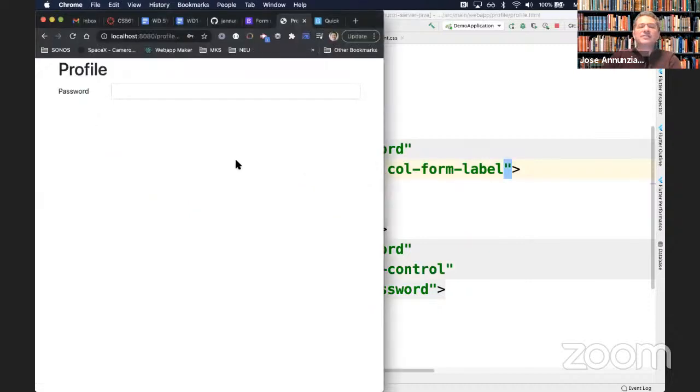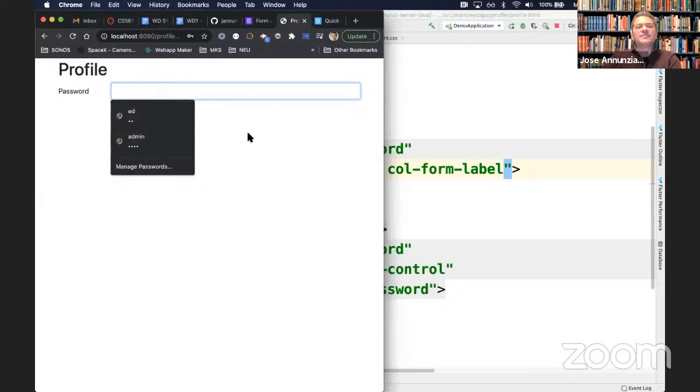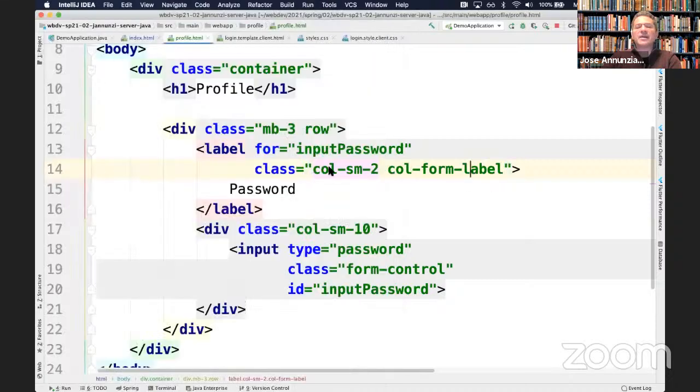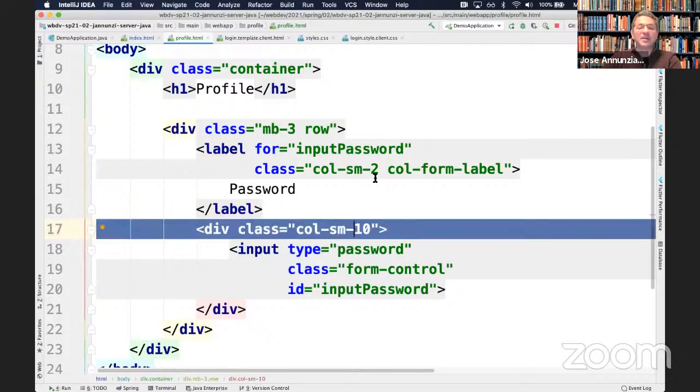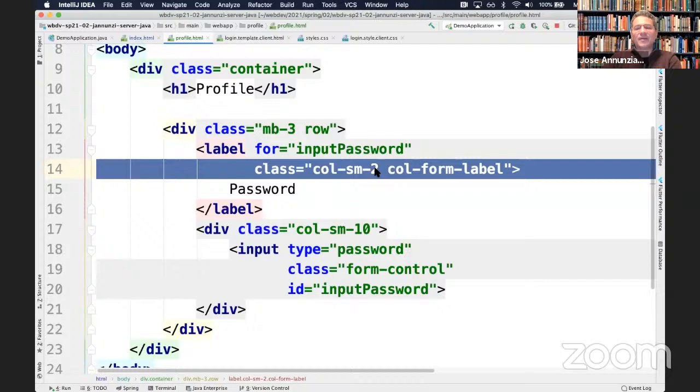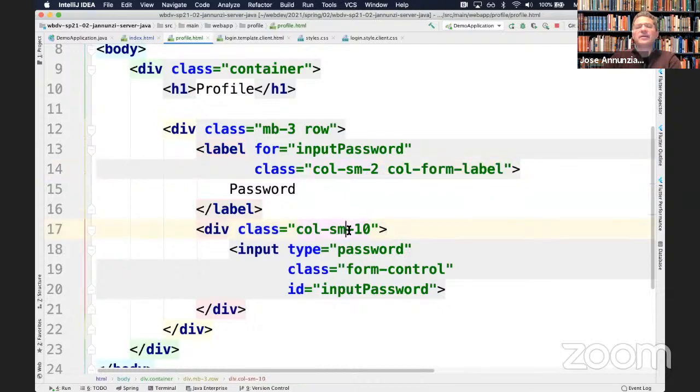Now the relative size between these two, notice that this is smaller and this is bigger, okay? And the way we achieve that is that the first column has a relative size of 2 and the second a relative size of 10. You see that? And the second one is 5 times bigger than the first one, okay? Now, why 2 and why 10? Okay? Well,